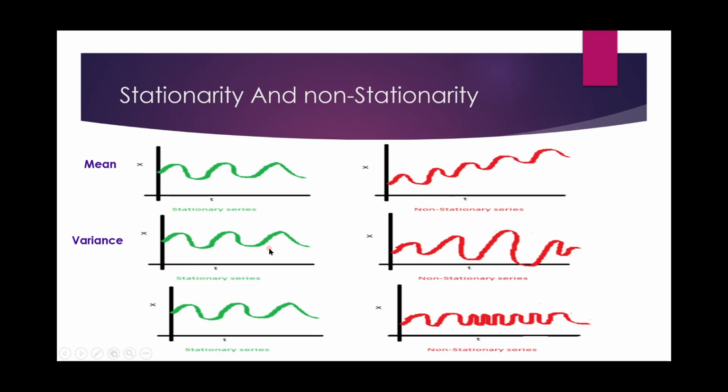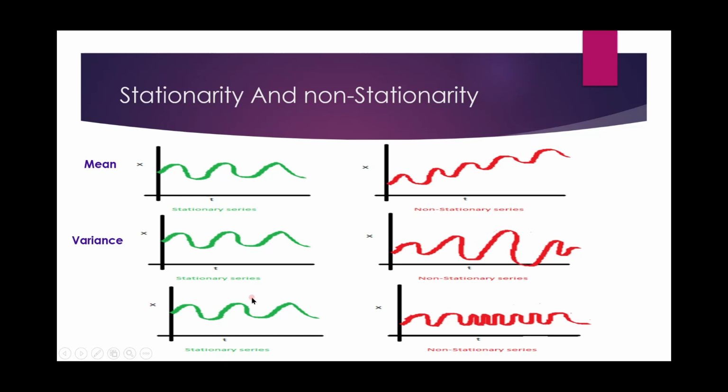Here you can see the variance is also constant as time increases. So it is not following any trend or seasonality, but the variance is constant for an increasing time period. That means the data is following a stationary series. While in the non-stationary series, though your data is not following any trend or seasonality, the variance is different. Here it is constant for these 4 points, but as the time increases, the variance also increases. You can see the gap increases. So we can say that this data is not